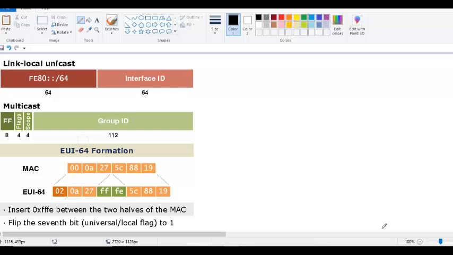We learned that there are two unicast addresses. One is the global unicast address. Another one is the link local unicast address. The global unicast address is for global reachability, for you and me to ping. The global unicast address starts with 2000